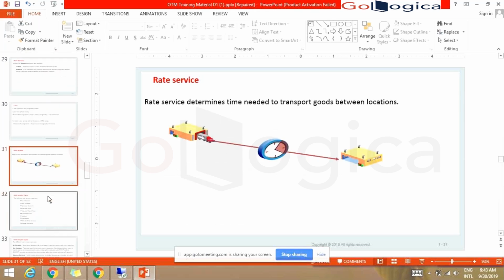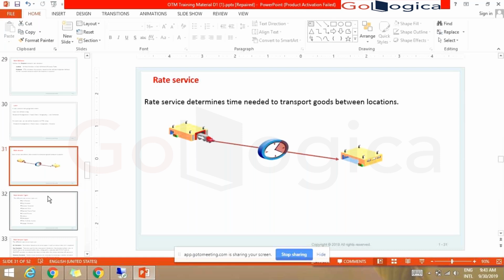Rate service determines what type of service we are providing from one point to another. It will pick based on the rate service type you choose. It all depends on the service type you choose, what kind of service we'll use. Even here we have lookup and all those things. Basically, rate service has the information of what kind of services you are giving.